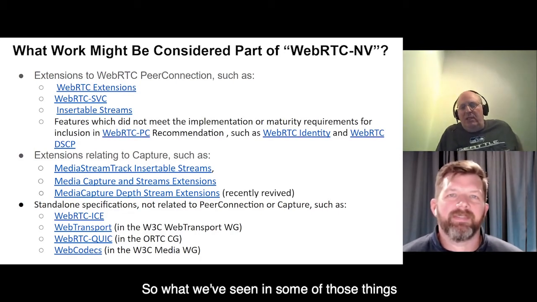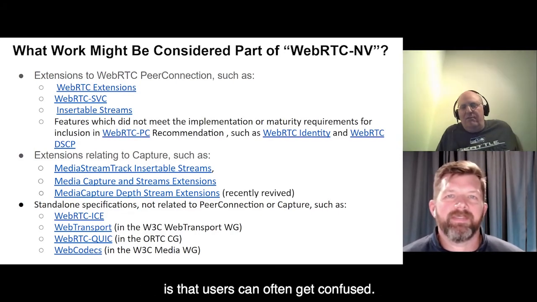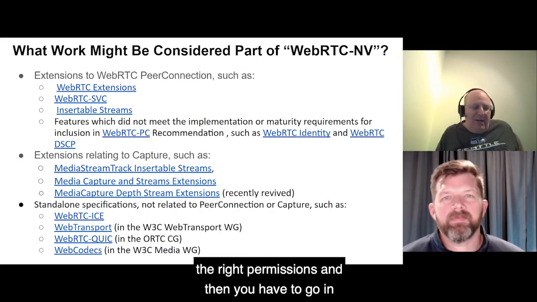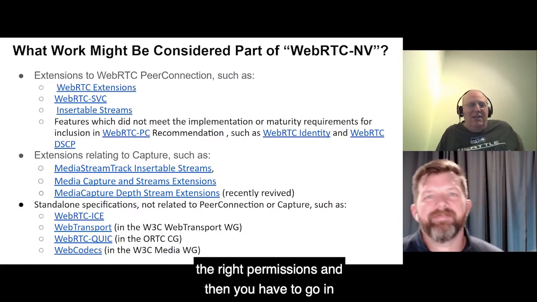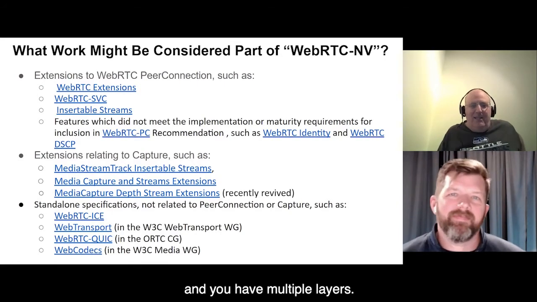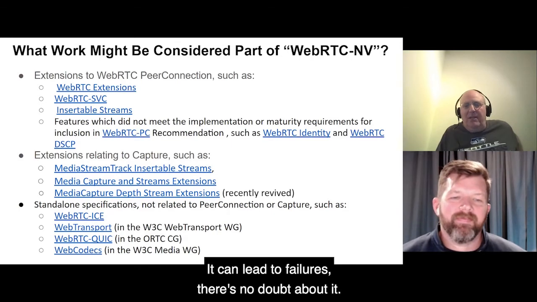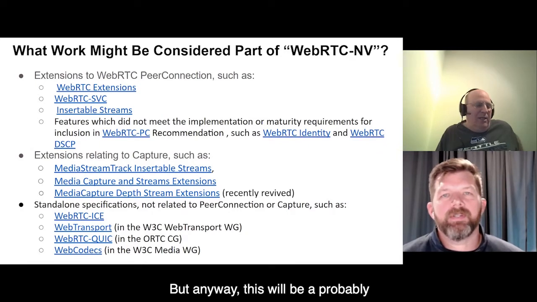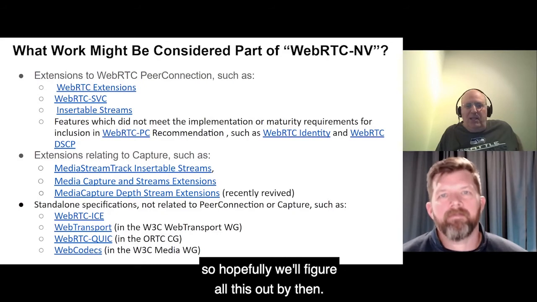What we've seen in some of those cases is that users can often get confused. They don't necessarily let their browser have the right permissions, and then you have to go in and help them fix it, and you have multiple layers. It can lead to failures. There's no doubt about it, it can result in more complexity for the user. But anyway, this will probably be a multi-year transition process. So hopefully we'll figure all this out by then.